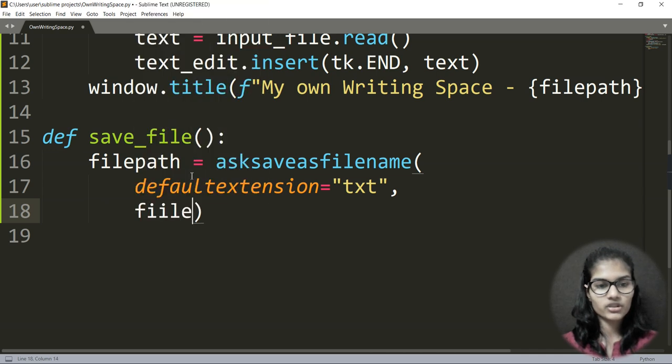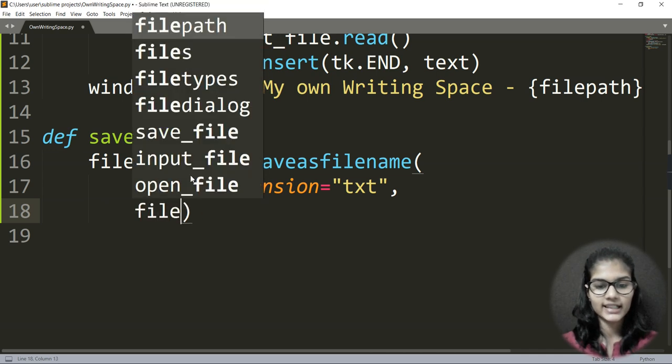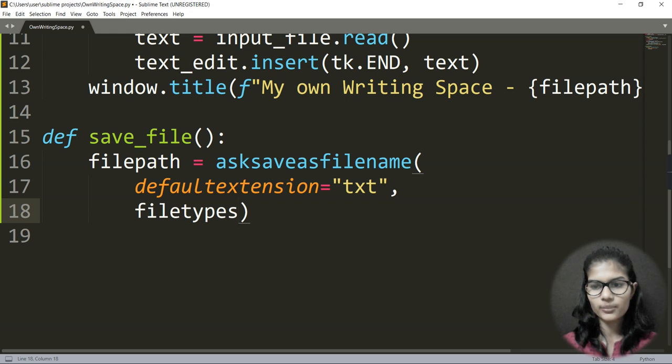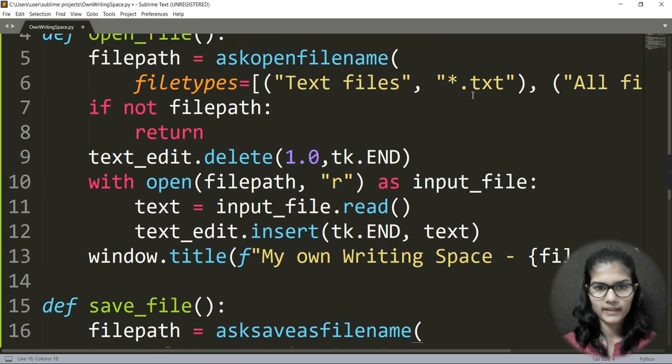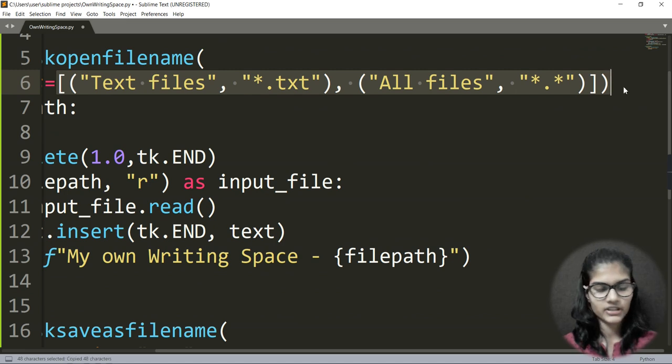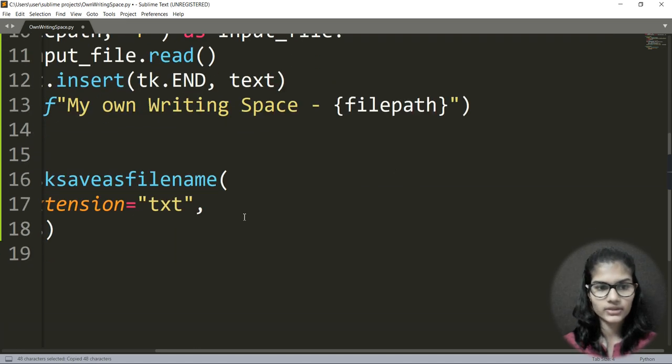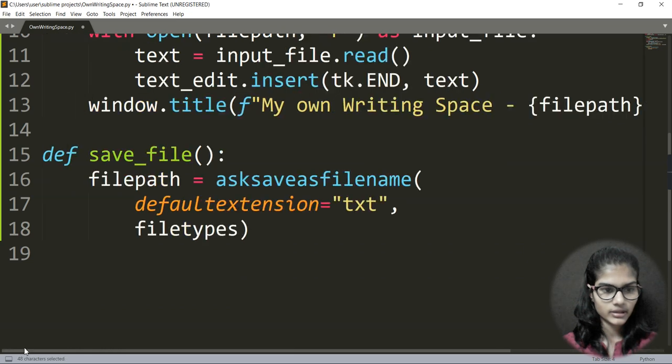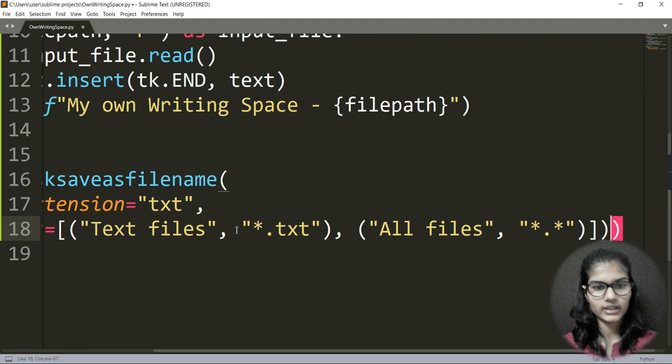Next I'm going to add filetypes one more time. So it's filetypes and I would just copy it from here, Control C, and here I would paste it: filetypes is equal to, and fine.